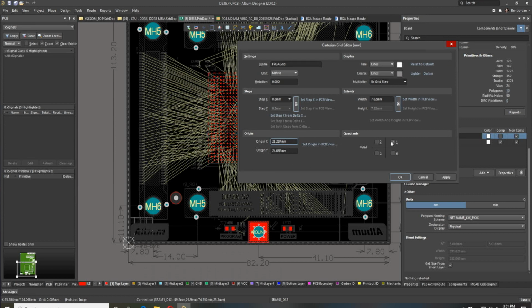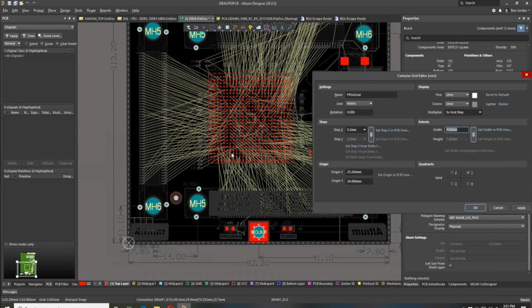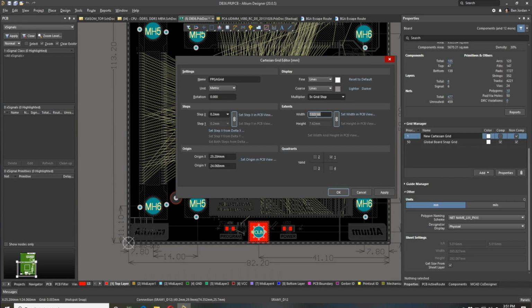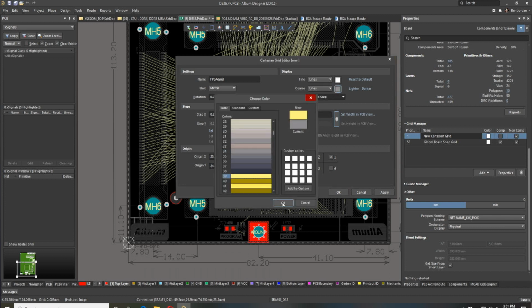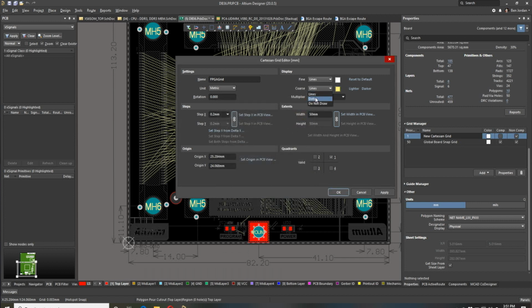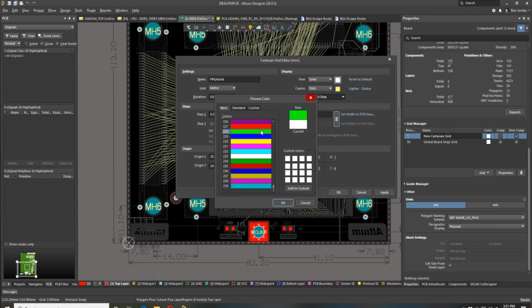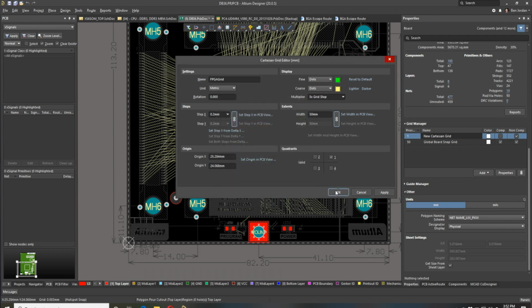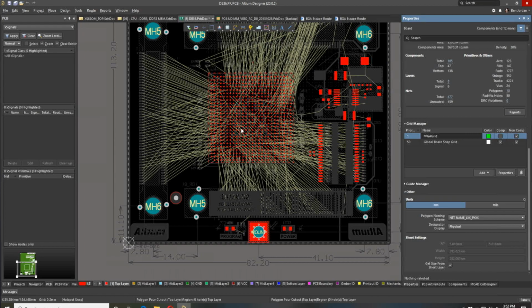It's going to be in just that quadrant, and the extents of that grid are going to be, just for argument's sake, I should know the width and height of this already, but I don't, so forgive me. Let's make that more like 50 millimeters, X and Y. I like to have bright colors and dots for my grids, so I'm going to make the coarse grid light and make it dots, and the fine grid light and make it dots, and then I click OK. And then when I zoom in here,